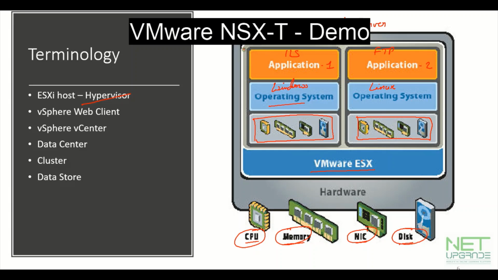So this outer box which is configured by this hypervisor is called a virtual machine. These virtual machines are completely isolated from each other, and they are going to use their own associated, their own reserved hardware resources. This is called the ESXi hypervisor. This hypervisor is categorized in two forms. One is hardware based and the other is software based.